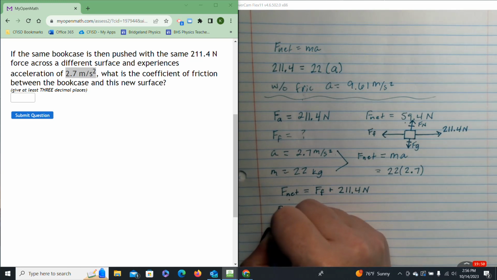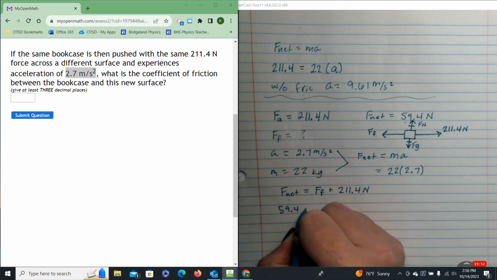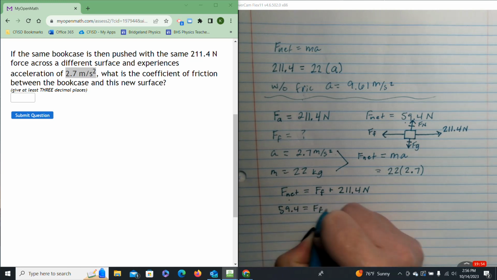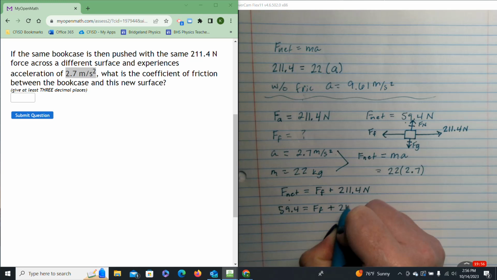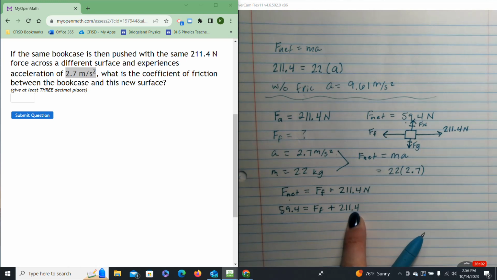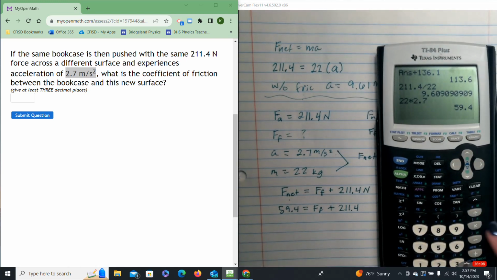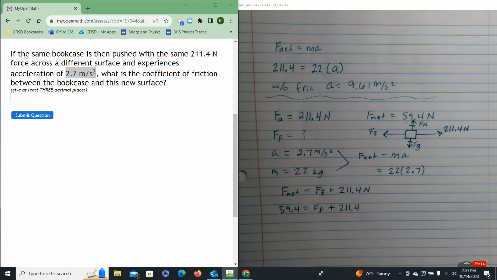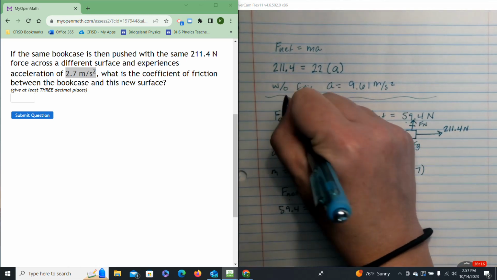That number is 59.4. So 59.4 is equal to FF plus 211.4. So if I want to solve for force of friction, these are being added, so I'm going to subtract 211.4 from both sides. So 59.4 minus 211.4 gives me negative 152. So that is my force of friction, negative